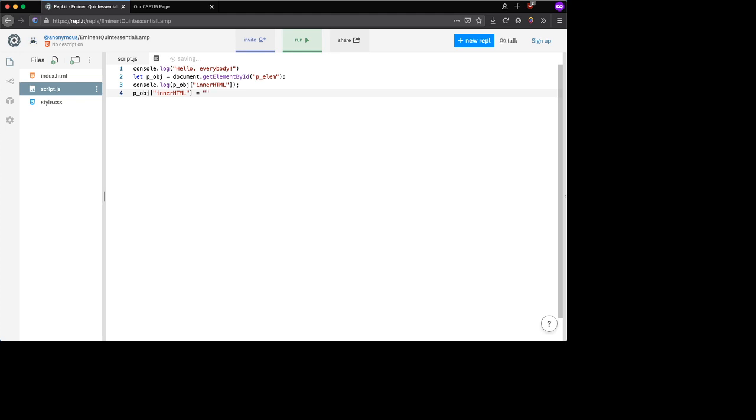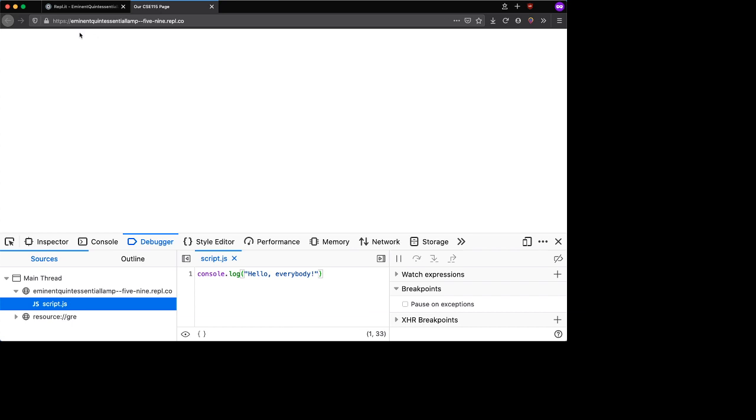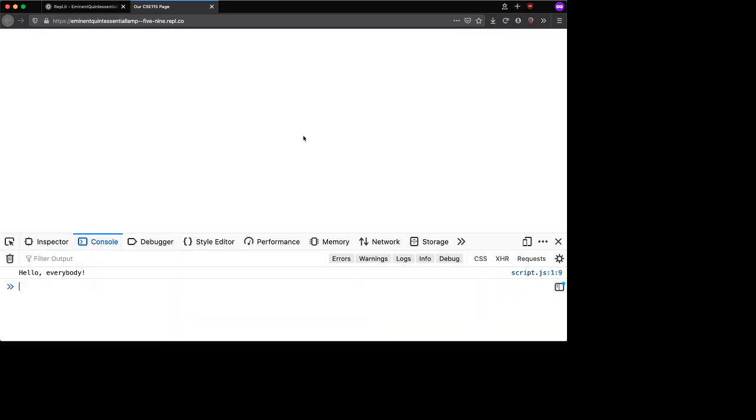So now when I do this, again, I need to wait for it to say saved, done. If I reload our page, you can see it's got our text, and it then says, this is my text, which is what we